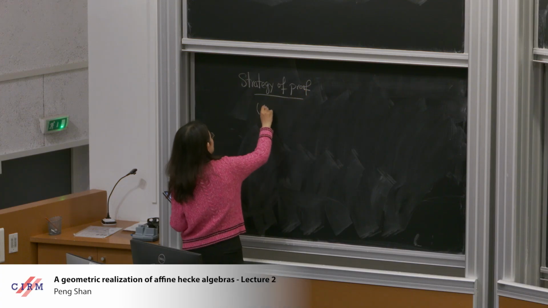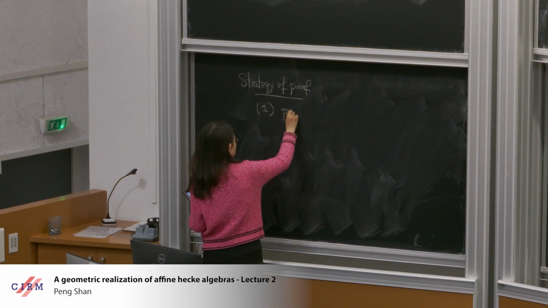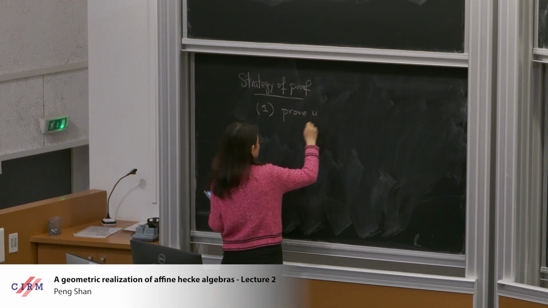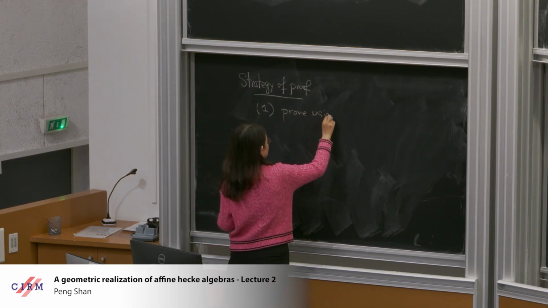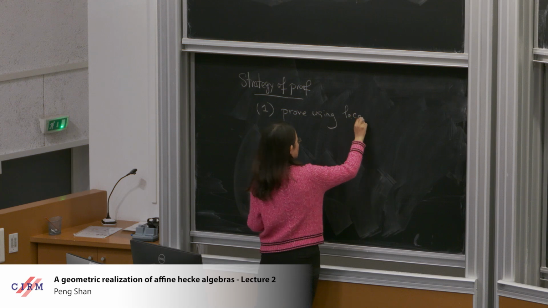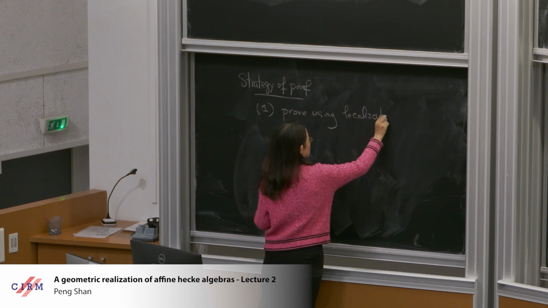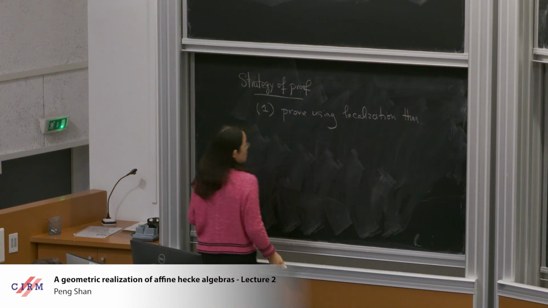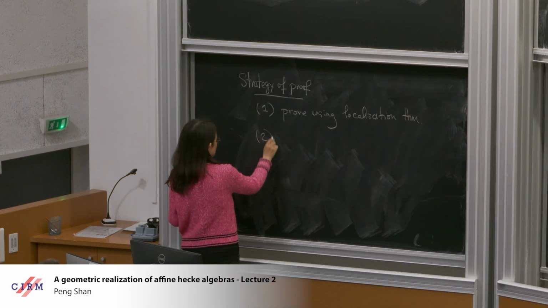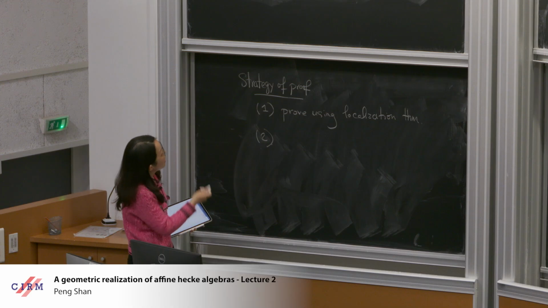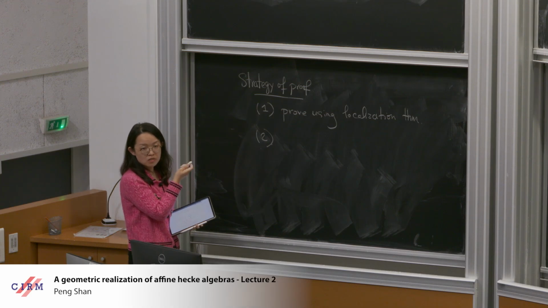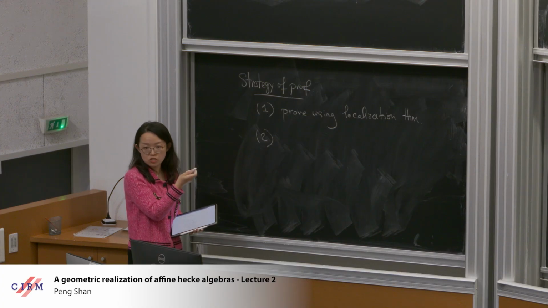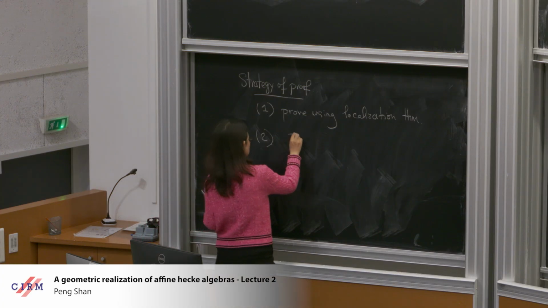The first part I will prove using the localization theorem, which I will talk about next time. And for the second part, you know the generators of your Hecke algebra. It's enough to prove the image of the generators is contained in the image of rho g. So enough to show